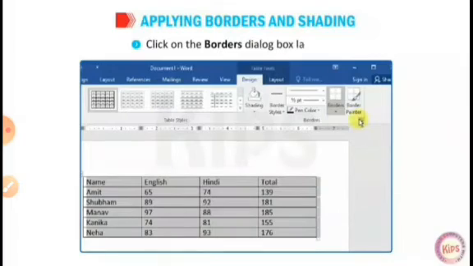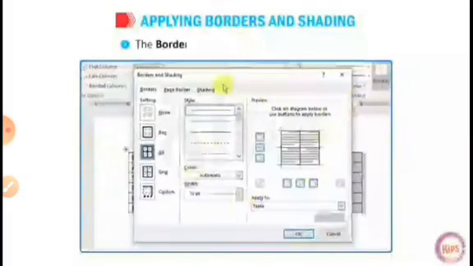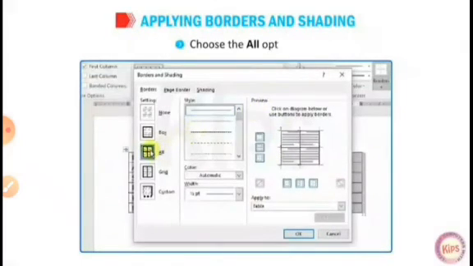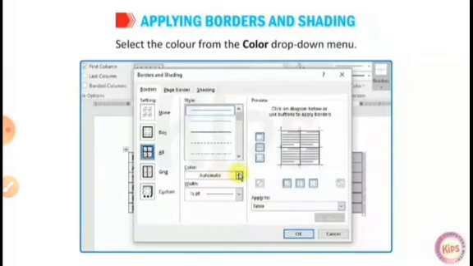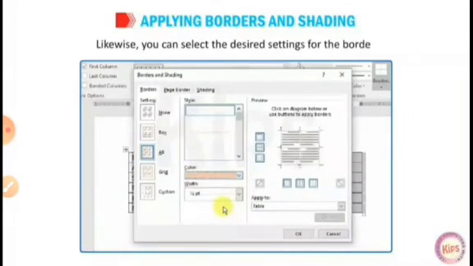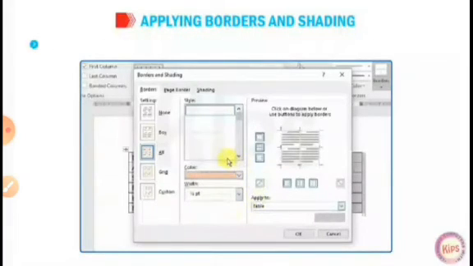Click on the Borders dialog box launcher and the Borders and Shading dialog box appears. Choose the All option. Select the color from the Color drop-down menu. Likewise, you can select the desired setting from the border.